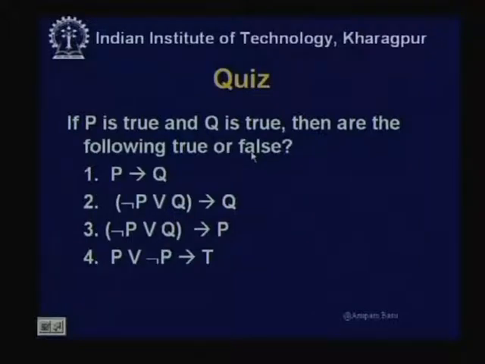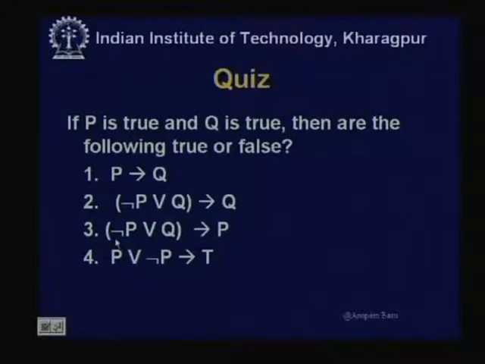Please note down, P implies Q. So, if P is true and Q is true, then I am asking whether this entire proposition is true or false. Not P or Q implies Q,